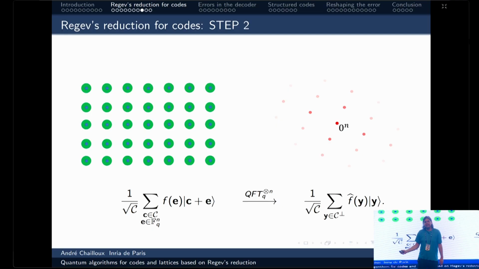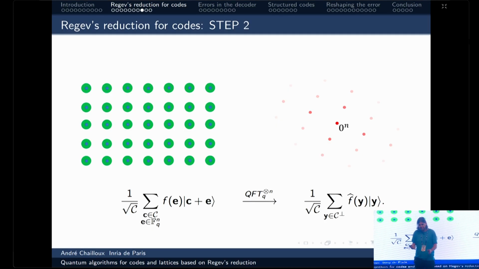Okay, and as I said, the second step, we just apply a quantum Fourier transform. So we constructed this state, which you can see as the superposition of the green region. So let's say each of the green balls corresponds to the errors. So let's say to the sum over E of f of E, E. And then we have also a sum over all the code words. So we kind of repeat this for all the code words. We add this little ball around the code, right? So we have this state, which corresponds to this green region, this superposition of all the elements